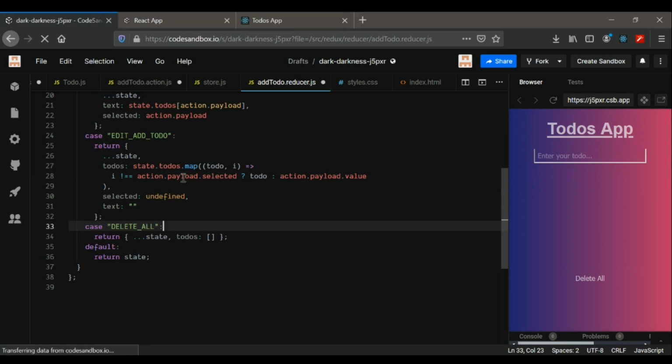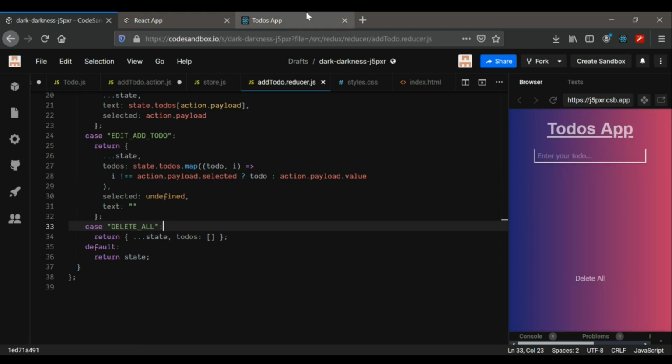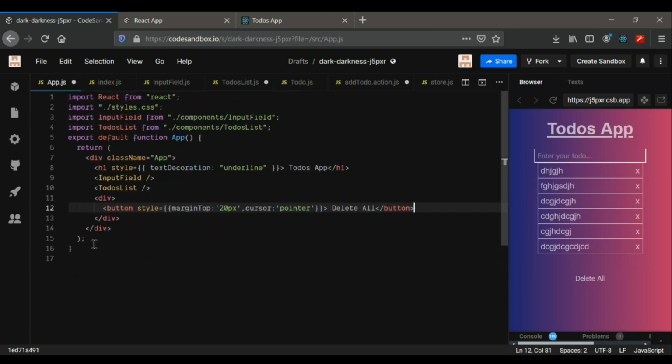Now if you just save it and let's come in here, if I just type in something and click on this delete all, oh wow, it's not working because I haven't added the action. So just go to this part, remove this part, and convert this